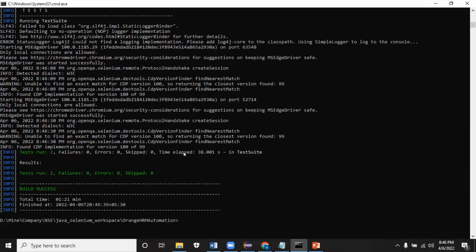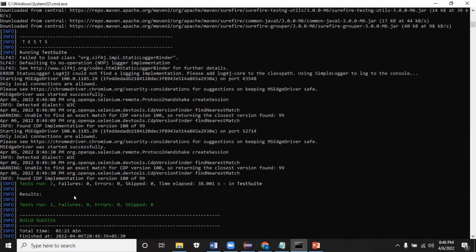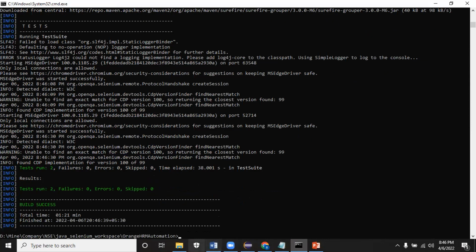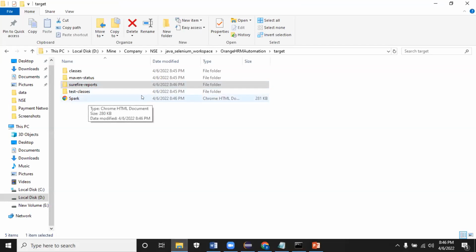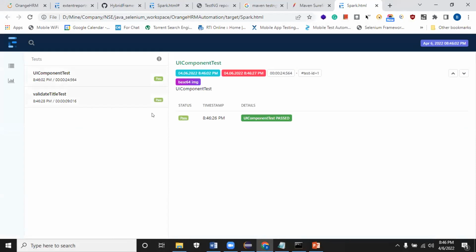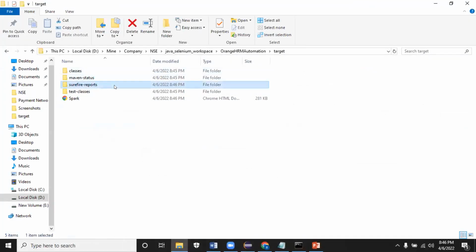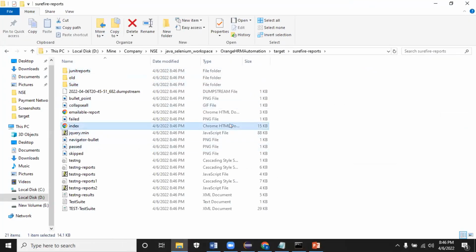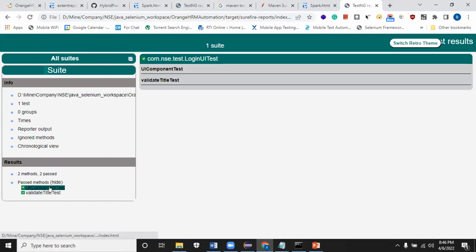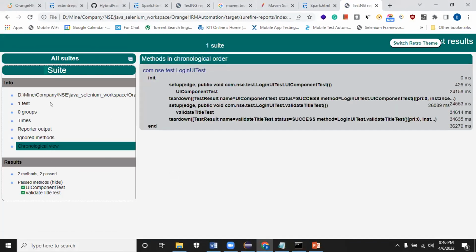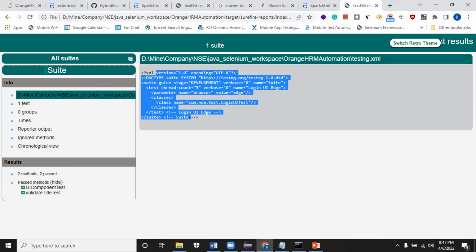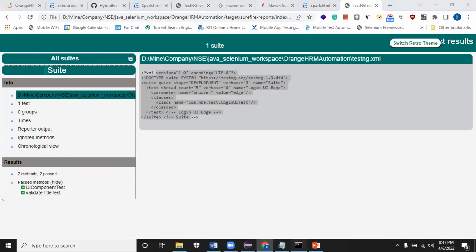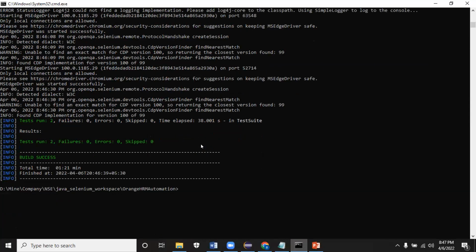Apart from that, you see in the login UI test, 2 test methods are there. Those got triggered. To see the extent report, it comes inside this folder, which we properly designed. So it will be added. And Surefire reports folder will have the testng XML file and an emailable report. Understood? And this is the XML which is used. It's clear for you? Yes.